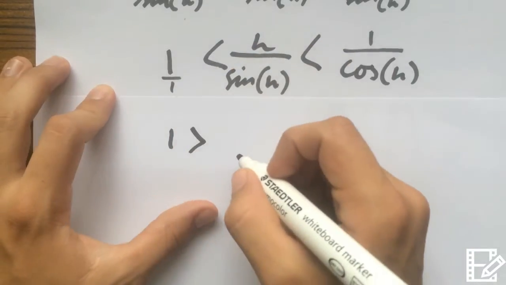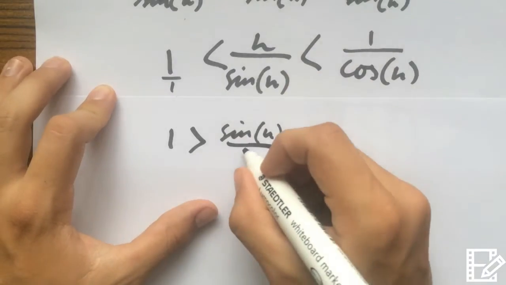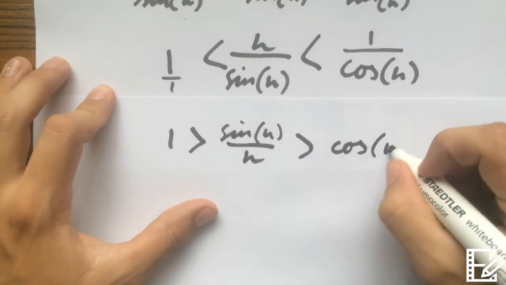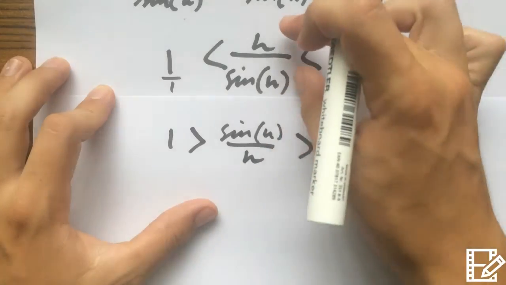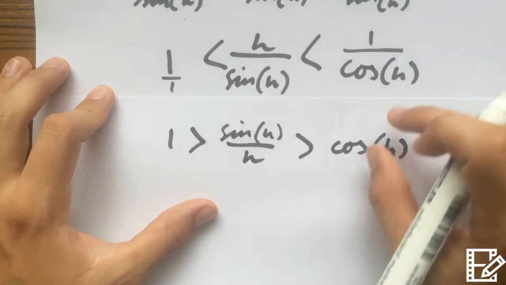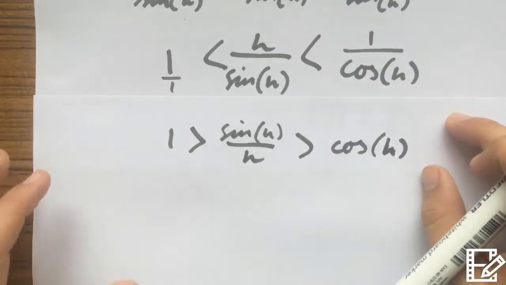So 1 is greater than sine h on h, which is greater than cosine of h. So what I did was I flipped this, and then I turned the sign around, and then I flipped this, bringing the cosine h on top. Now that we have this,